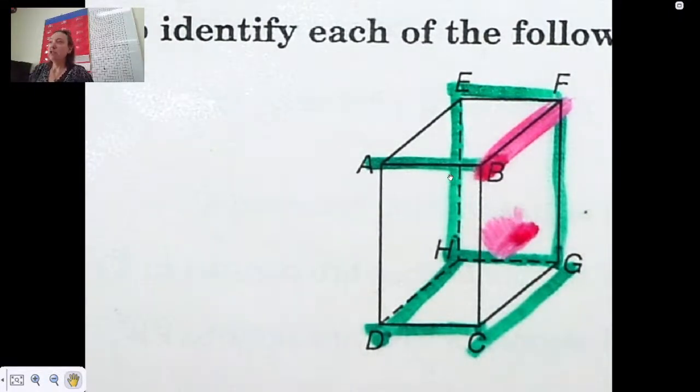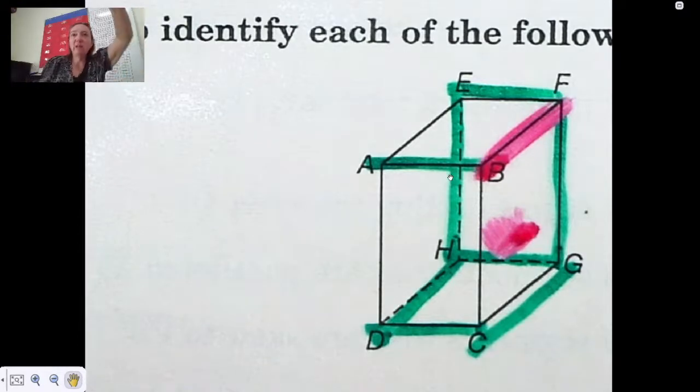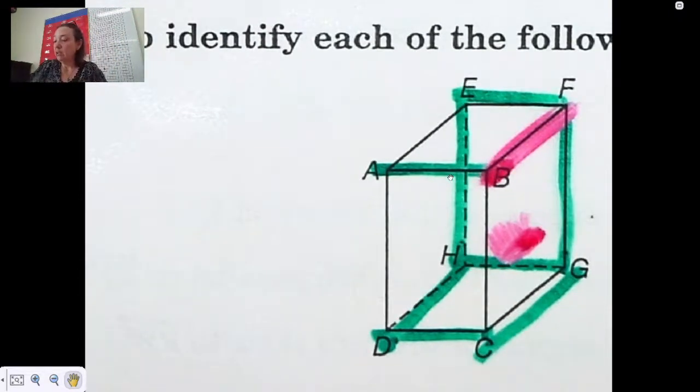Are they parallel? No. Do they intersect? No. So they're not parallel, right? Because one of them's like this and one of them's like this. Correct? So they're not parallel, but are they ever going to cross each other? No. This is a new kind of line you have not heard of yet. These are called